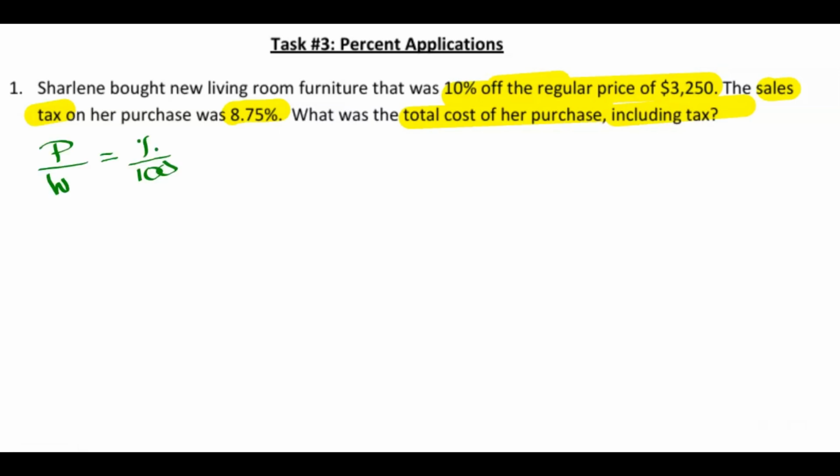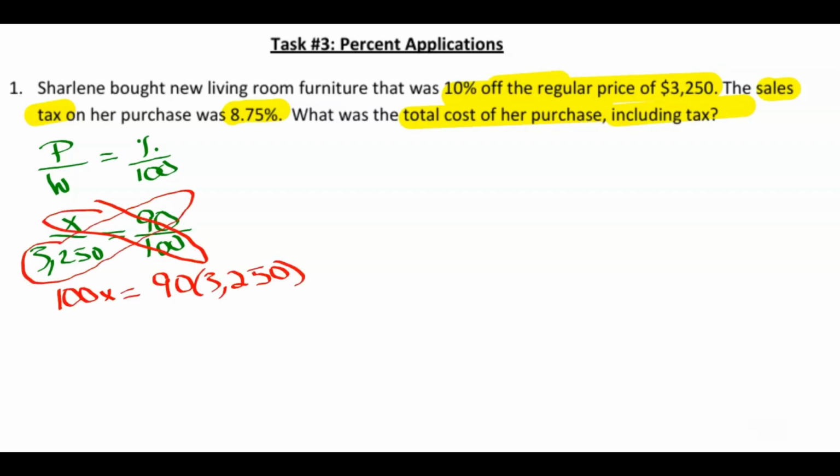Now, since it's 10% off the regular price, 10% off means we'll be paying a total of 90% of that regular price. We don't know what that represents, because 90% is not the whole thing. It's a part of it. But we do know that the whole entire price is $3,250. So it's up to us to figure out what the 90% of that price would be. So we're going to go ahead and cross multiply. Once we multiply, we get